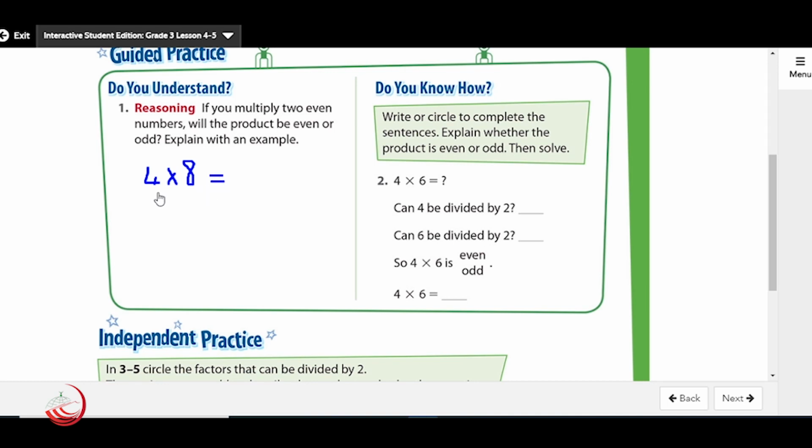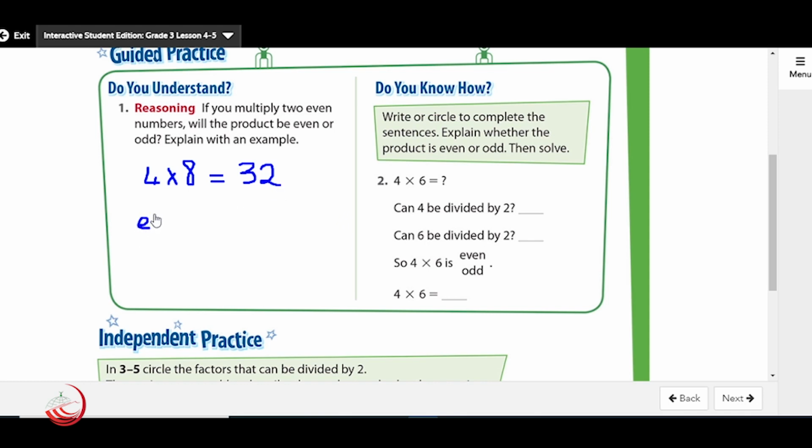What do you think? 4 is a multiple of 2. 8 is a multiple of 2 also, because 4 is 2 groups of 2, and 8 is 4 groups of 2. So the product will be even. In the 4 facts, I have 4 times 8 equals 32. So the rule here is